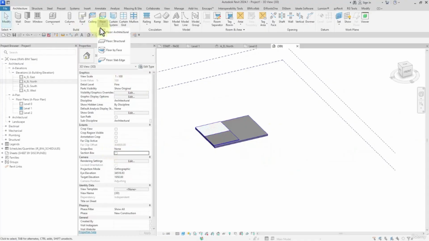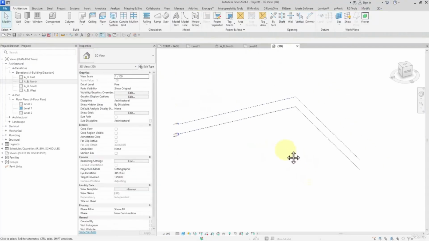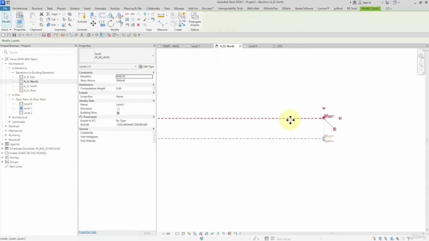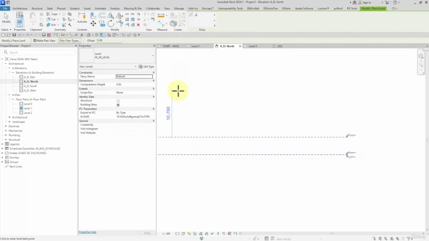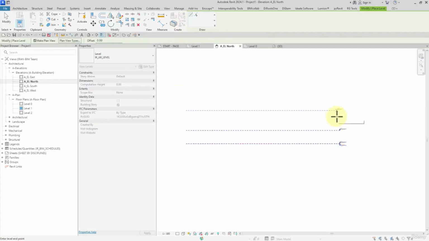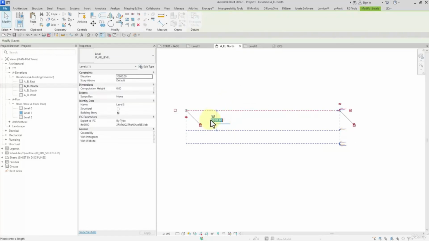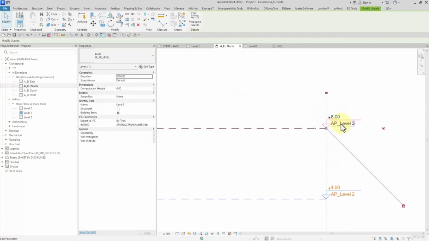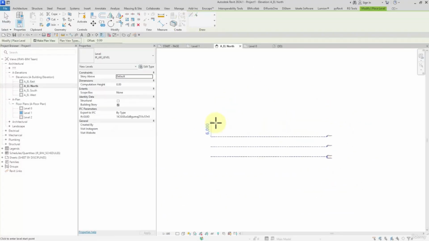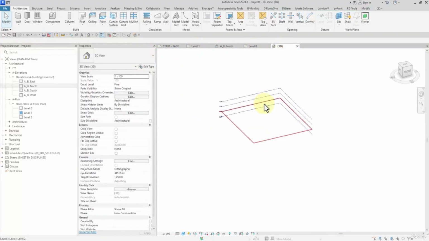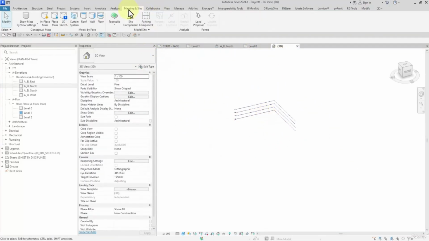And the next option is floor by face. It is used when we want to use masses. For instance, in the north view, I want to add some more levels by this way, 4 meters. Check this out. Great, one more level. Then, here if I open the 3D view,